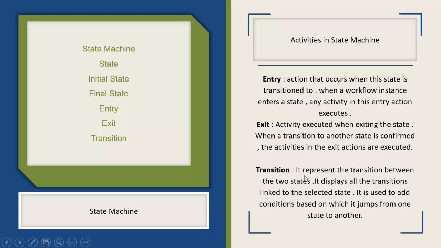And transition represents the transition between the two states. It displays all the transitions linked to the selected state. It is used to add a condition based on which it jumps from one state to another. So these are the different activities we have in the state machine. We will see an example quickly. Okay. So let me